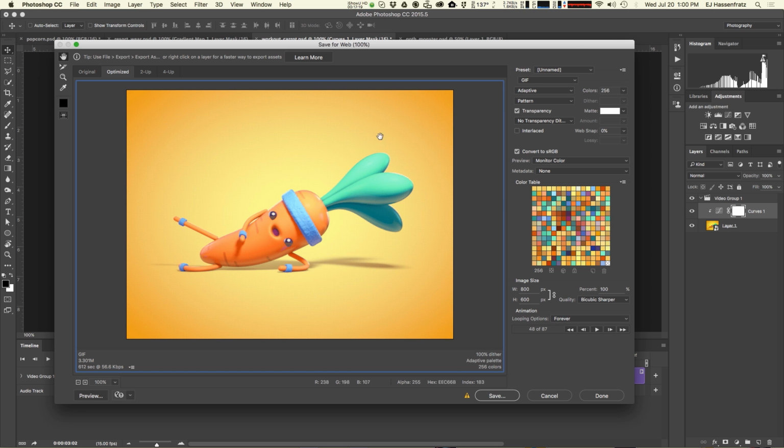So what we're going to do now is see if we can optimize this even more. Even though 3.3 megabytes is not bad, let's see what happens when we go down in our color palette. We're going to have it go from 256 to 128. And again, here's our color table with all the colors in it. It halved the colors, but our image really didn't degrade all that much. You can see the difference between the two. Nothing really changed that much, but we did save almost